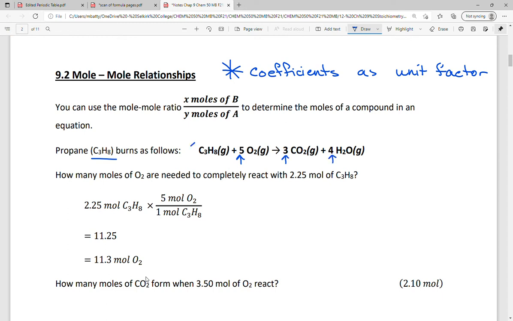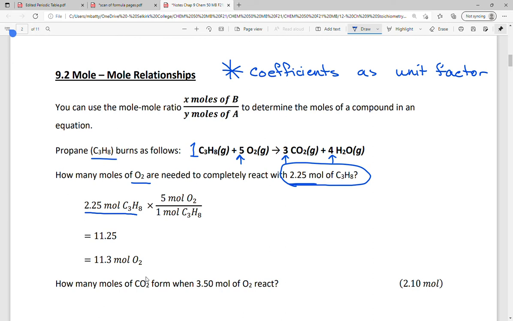And here you can see it's 1 mole of propane reacting with 5 moles of oxygen, making 3 moles of carbon dioxide and 4 moles of water. So in this one, it says how many moles of oxygen are needed if we have 2.5 moles of propane. So always with dimensional analysis, you're going to start with what you know, which is this number over here. And then in order to get to where you're going, you're going to use the coefficients of those things that you're talking about. So we're wanting to go to the number of